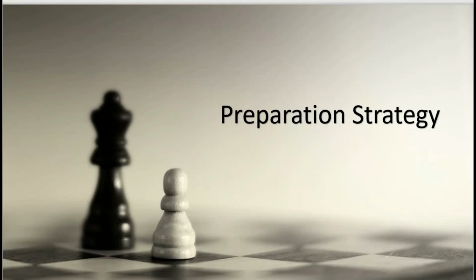My preparation strategy was that I was clearing my basic concepts, and I was trying to write the correct syntax. Let's say my skill was Python, so I learned how to write a class, how to define a class, how to inherit a class. All those basic things should be done clearly. Even smaller things, like how do we declare a dictionary, how do we access a dictionary, how do we access only keys, only values, how do we iterate through a dictionary. All those basic things I cleared first,